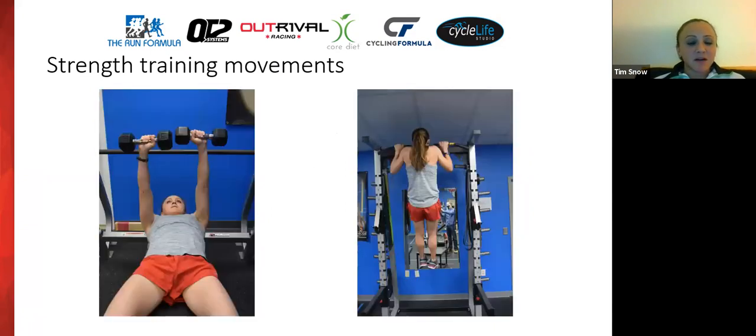Pushing would be more like our chest press, push-ups, those kind of things. And then pulling could be considered our pull-ups, lat pull-downs, anything in that family. And I also, depending on the source, will throw in things like carrying. So that would be farmer's carry, where you're walking, carrying heavy kettlebells, and/or rotational movements as well.